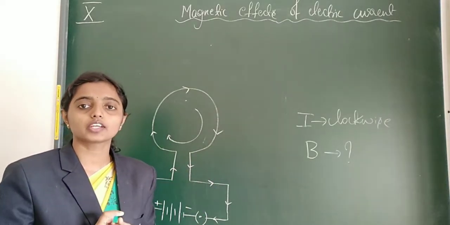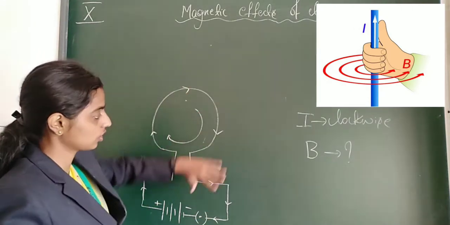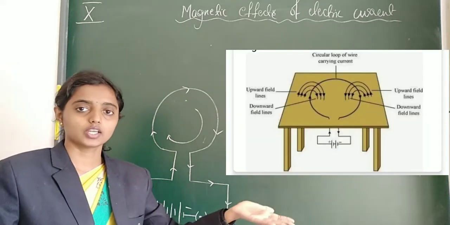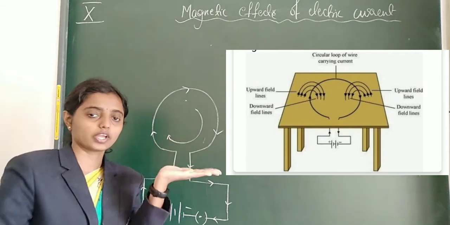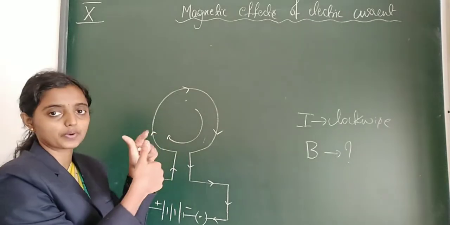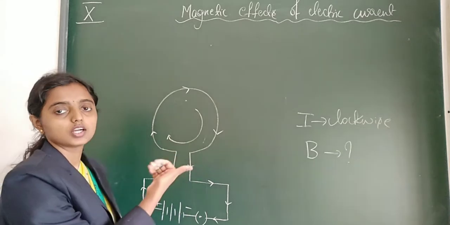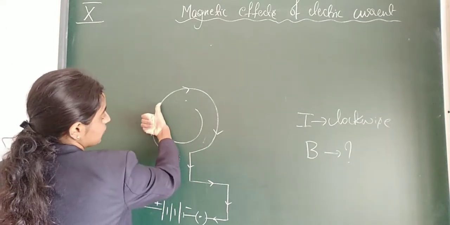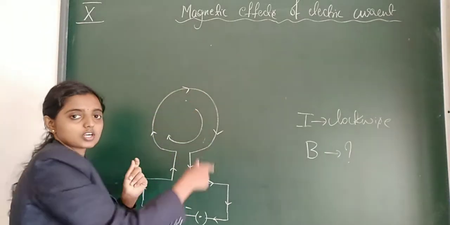From what technique should we find it out? We should find it based on the right hand thumb rule. Imagine we have just drawn this on a board like a 2D drawing. If it is on the table, it looks different; it will be in a horizontal plane. So this is our right hand. What does the thumb represent? The thumb represents the current and the fingers show the direction of the magnetic field. If I hold it straight, we should imagine that our circular loop is in the horizontal plane.